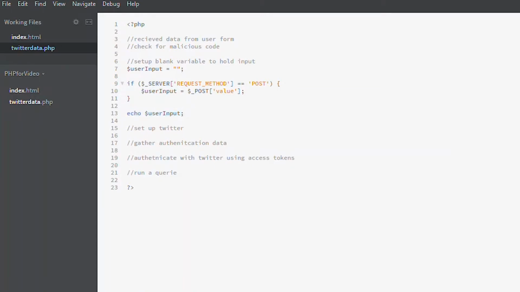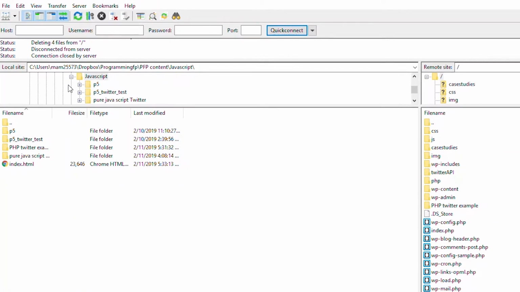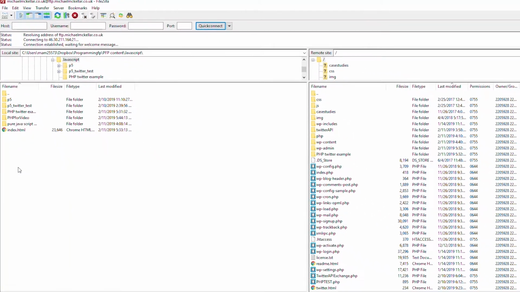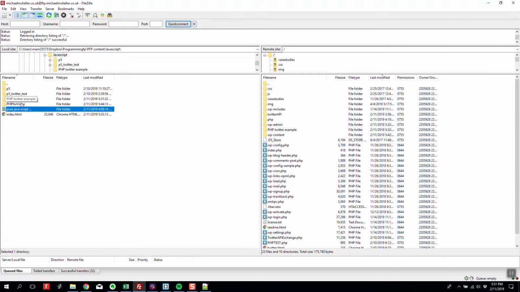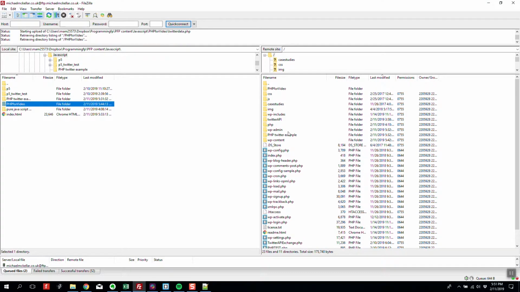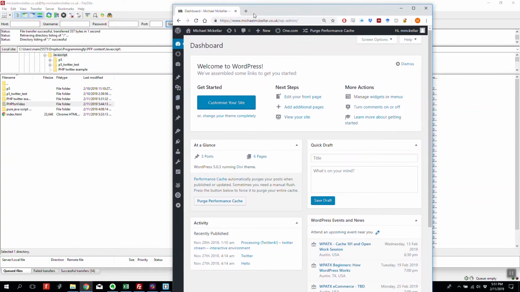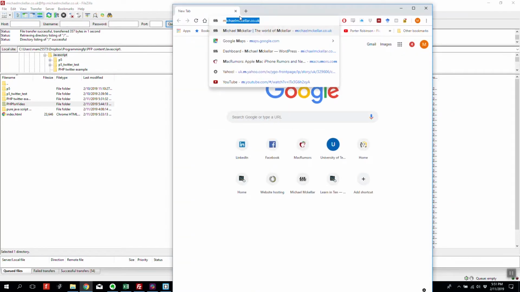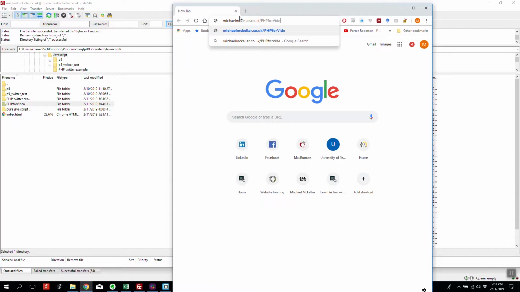So I'm going to check that connection now. I'm going to go to my FTP, navigate to this folder that we've made. So I'm going to refresh my left-hand side here. And I called this PHP for video. I'm just going to drag and drop that folder into my server. And once that's successfully completed, I'm going to navigate to michaelmckellar.co.uk /PHP for video